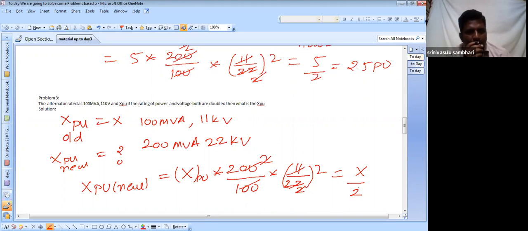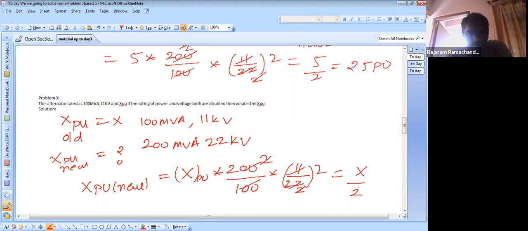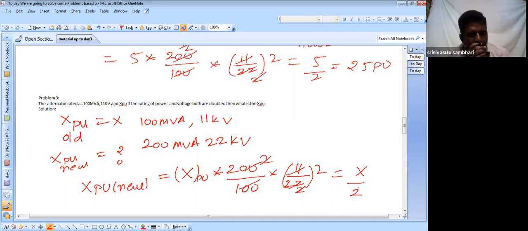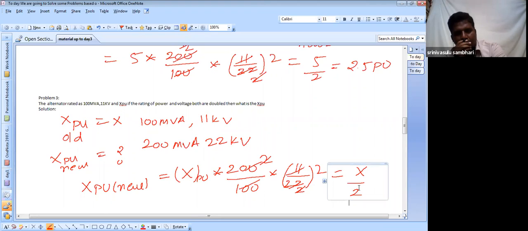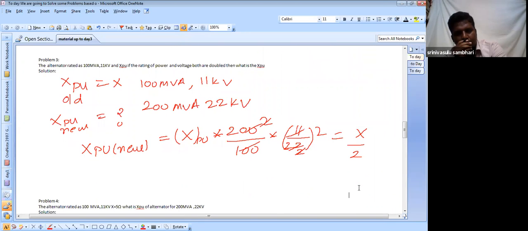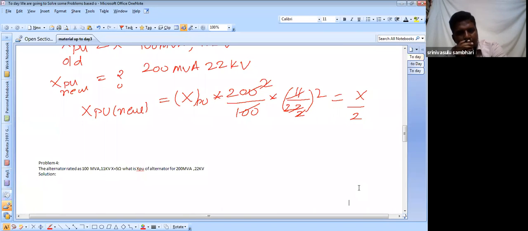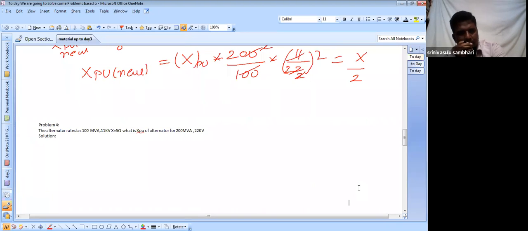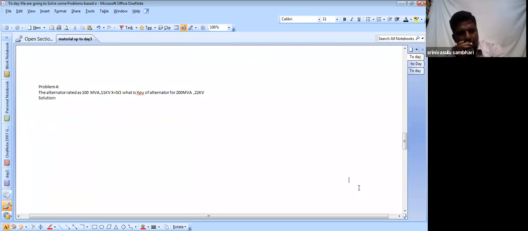Understood this answer? Any clarification? Any doubts? Yes, sir. All of you understood? Yes, sir. Now this is the second type of problem we get in competitive examinations, that is 1 mark or 2 marks. Same model. Next, problem 4.